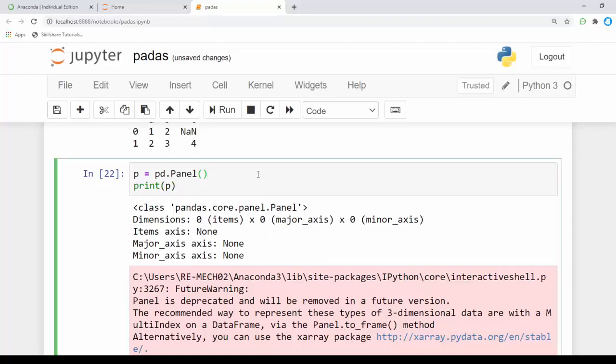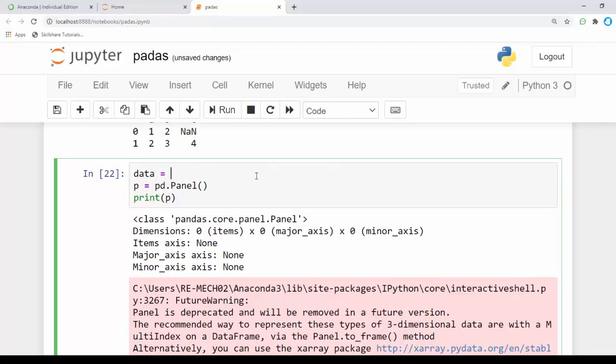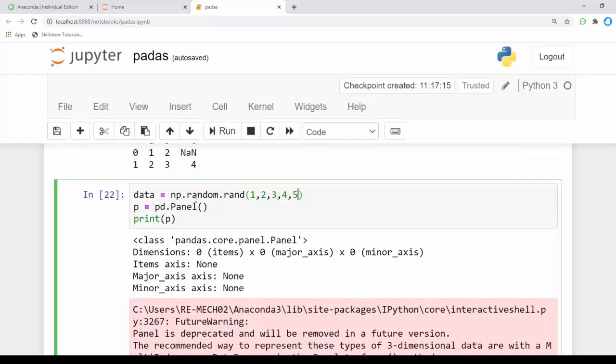Now I'm going to pass some values. I'm going to create data for the panel using np.random.rand with the parameters 3, 4, 5.